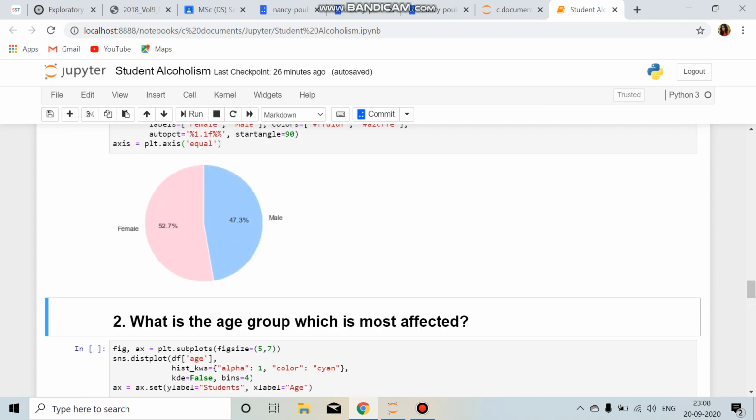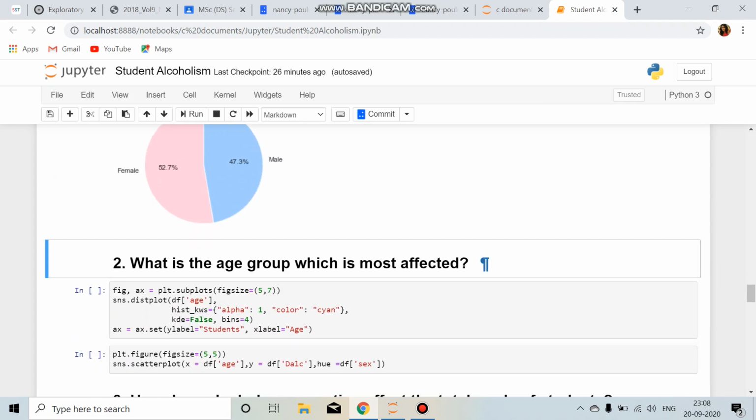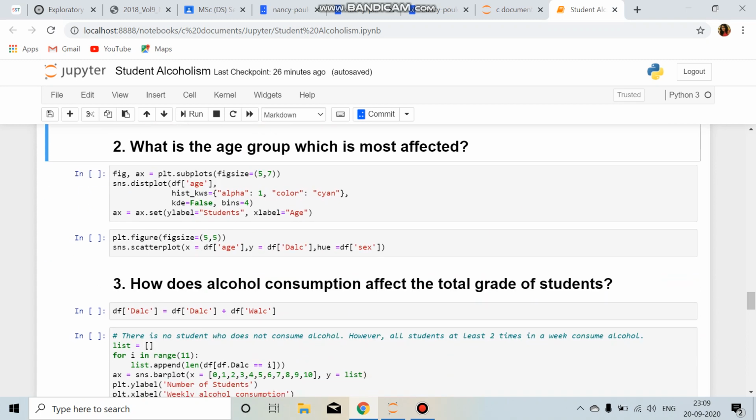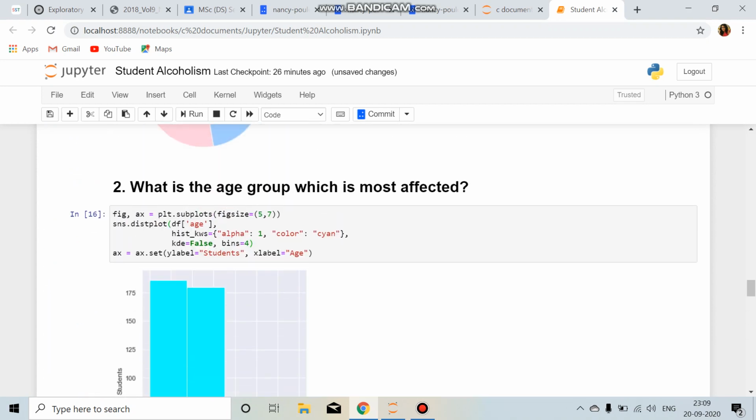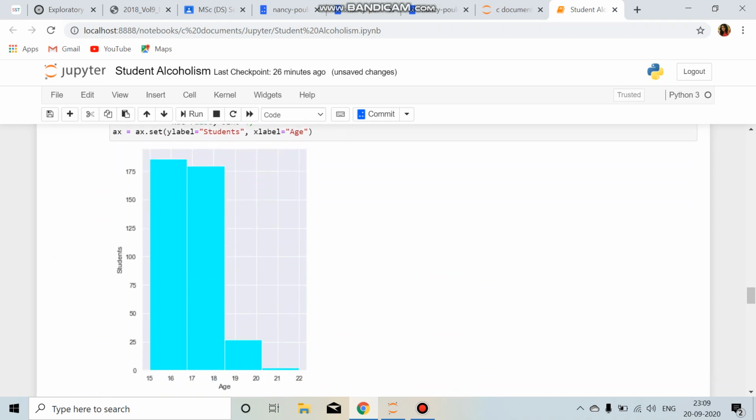Then the second question is, what is the age group which is most affected by alcoholism? For this I'm going to plot a dist plot. Using this we can just run it. So I got a histogram here. The histogram is a graph of students versus age.